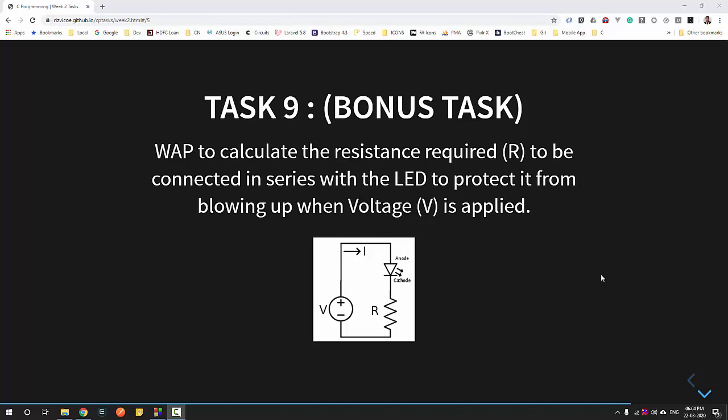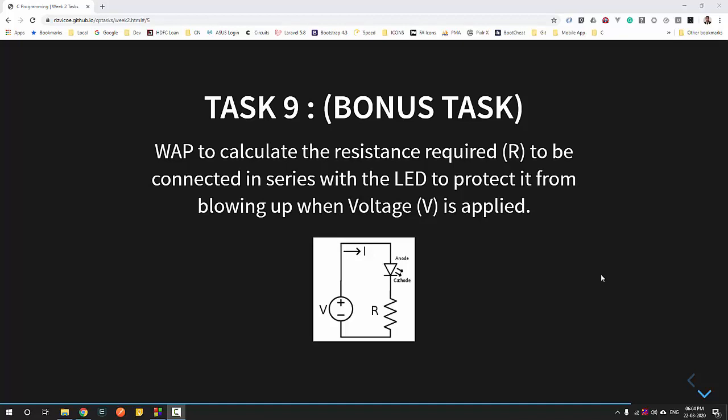Hello everyone. Let's begin with task 9, that is the last task for week 2. Now this is a real world application of how we can use programming tools to find out solutions to real world problems. Okay, so this is a basic circuit in